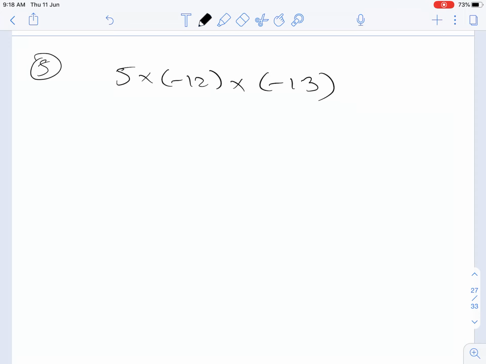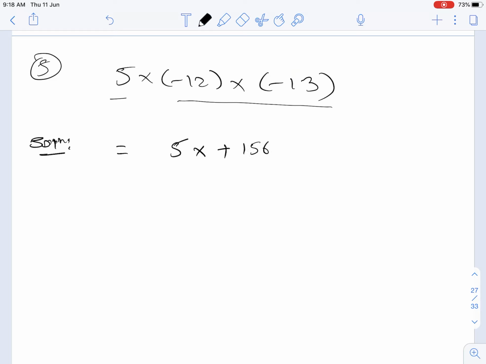This time we will pair both negative numbers together. Solution equals, we will keep this 5 alone as it is, so I am underlining it. So 5 into, now we multiply the signs of these two numbers, so minus into minus will become plus, and 12 into 13 is